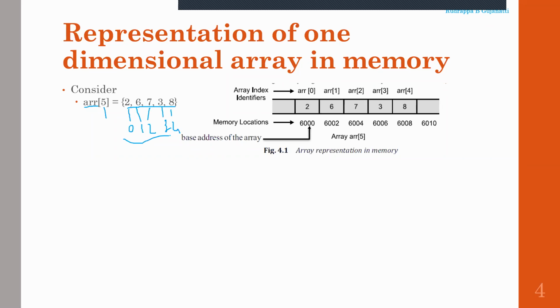In this case there are 5 elements present in the array named ARR. So this is one dimensional, and this is how it will be present in the memory. As we specified, an array has a name, which is ARR in this case, and each element can be accessed with a particular index value. Here 0 is the index of element 2. If I consider the last element, 4 is the index which gives me the value 8, which is stored in the array.